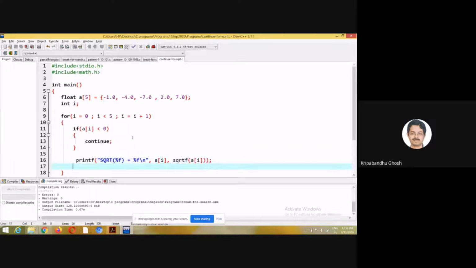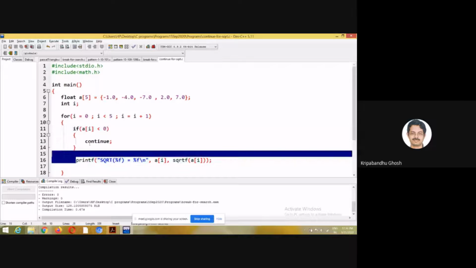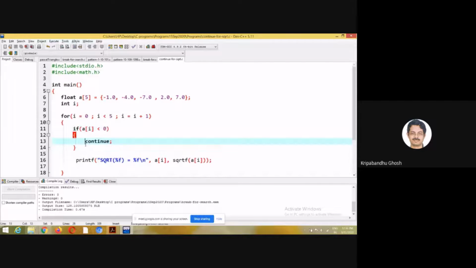But since we are interested in finding the square root of the positive numbers only, we will do this check. If this is less than 0, then it will continue, which means that the control will go back to the next iteration of the loop. So there is one initialization, there is a check, right?